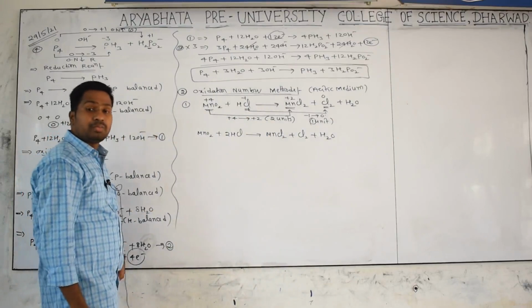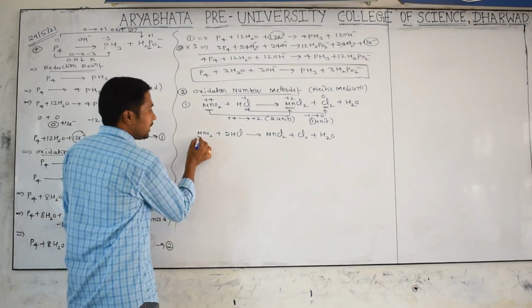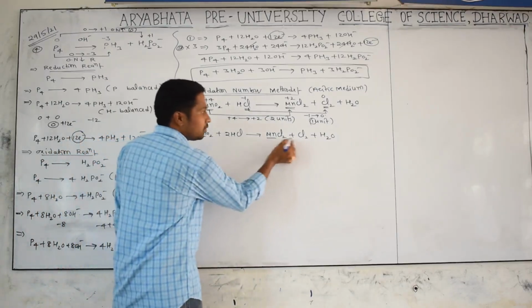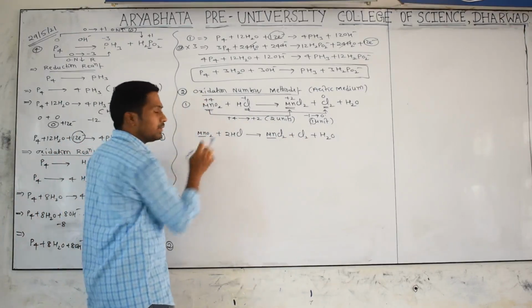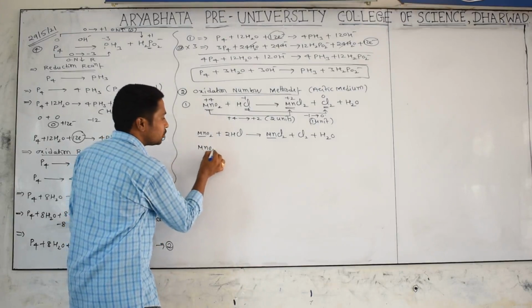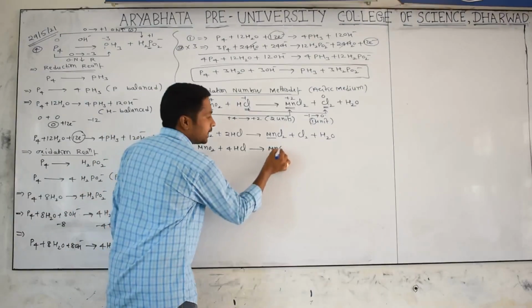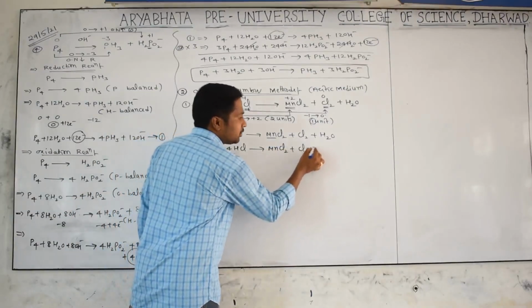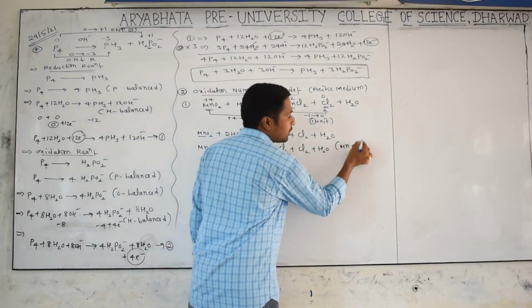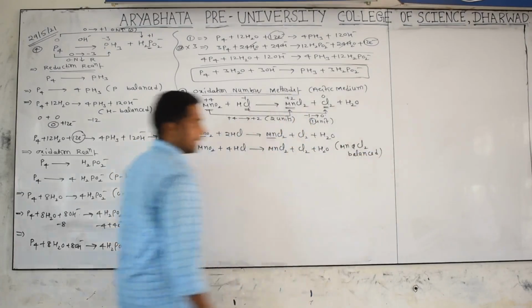Now later we have to balance the atoms other than hydrogen and oxygen. Here one manganese, here also one manganese, no problem. Now here how many chlorines are there? 4 chlorines, but right now we have only 2 chlorines here. That's why what has to be done? MnO2, take it as 4 moles of HCl, then we are getting MnCl2 plus Cl2 plus water, which is balanced. Manganese and chlorine are balanced.